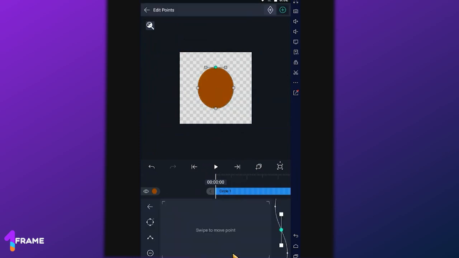So if I click through, you can see we now have a different interface. Some of you, this might be the first time you see something like this. Don't worry, it's very simple. So I'll just walk you through how you can manipulate this stuff. Since we've converted this circle to an outline, it now gives us access to edit this point. You can see if I click on the point, we have these handles. So if I move this handle,